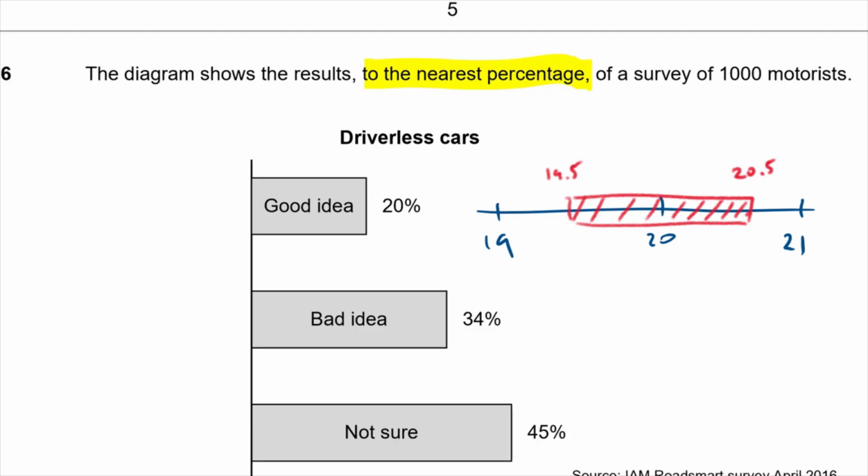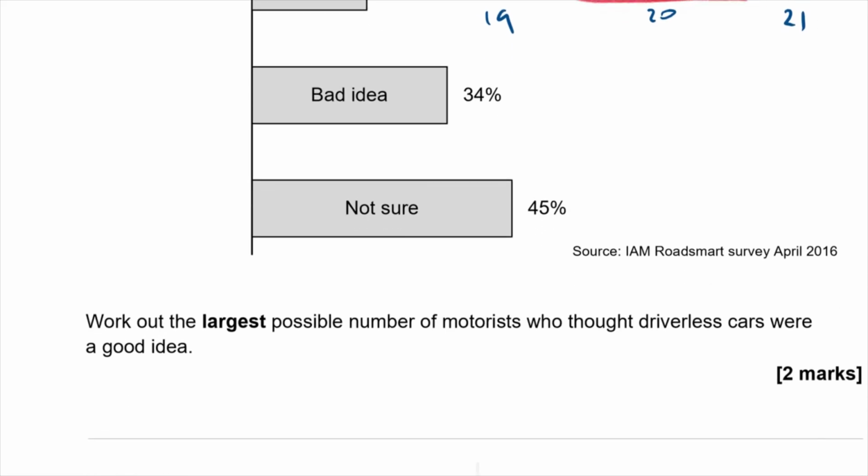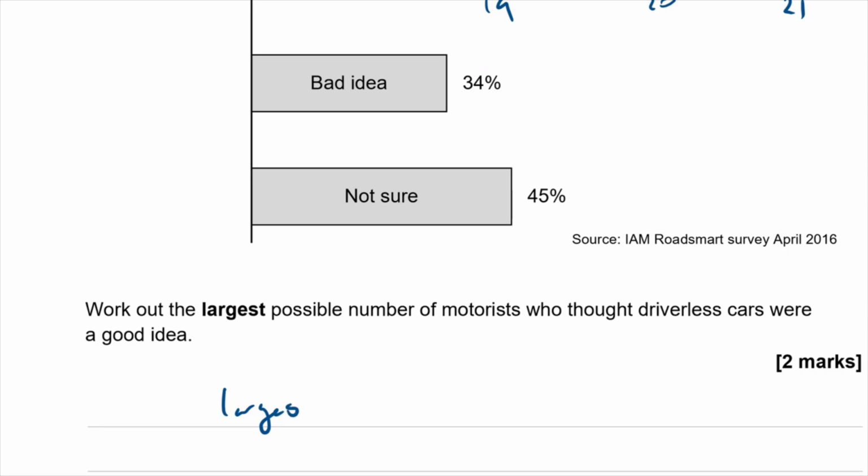So work out the largest possible number of motorists who thought driverless cars were a good idea. The largest possible is going to be the larger of those percentages then, isn't it? So I'm going to be using this upper limit then, 20.5, to calculate. Now obviously 20.5 you round up to the next value up, 21, but it still is the boundary and is still the one we calculate with. So largest possible is going to be 1,000 times by 20.5%,